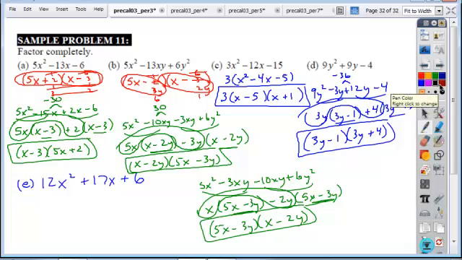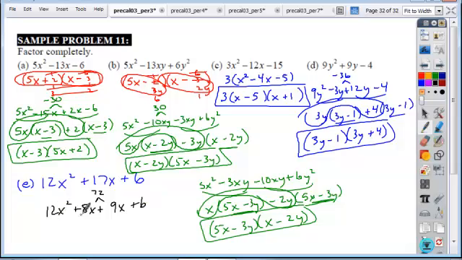All right, the final example here. Again, look to see, can you remove any common factors? No. Okay, so let's try our rewriting the middle term. Again, neither the leading coefficient nor the constant is a prime number. So 12 times 6 gives me 72. Are there two factors of 72 whose sum is 17? The answer is 8 and 9. So if I rewrite my middle term as 8x plus 9x, drop down the first and last terms, and factor by grouping,